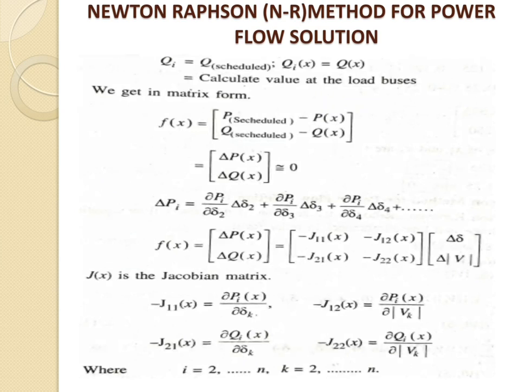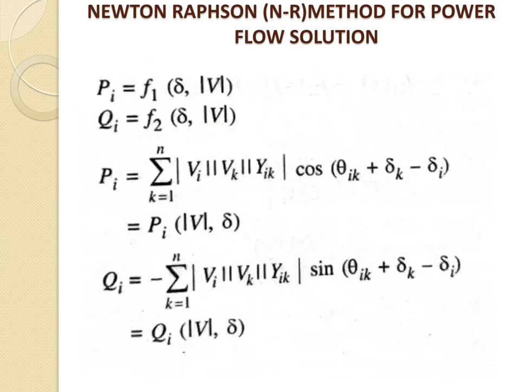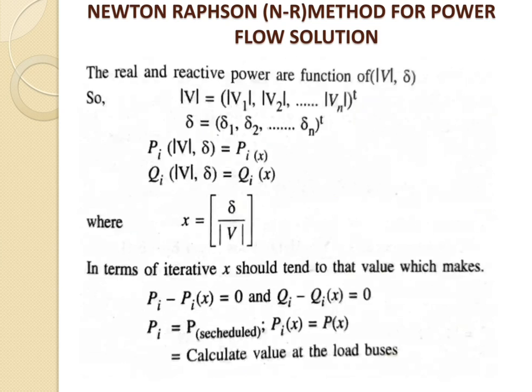This is a function of phase angle as well as voltage, where i is equal to 2 to n. We will not start with 1, because bus number 1 works as the slack bus, and k is again equal to 2 to n. So from the equations of active power and reactive power, we will write